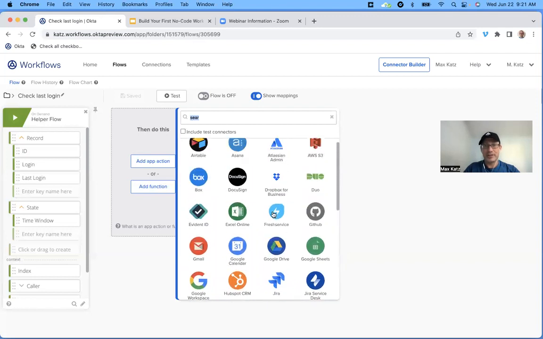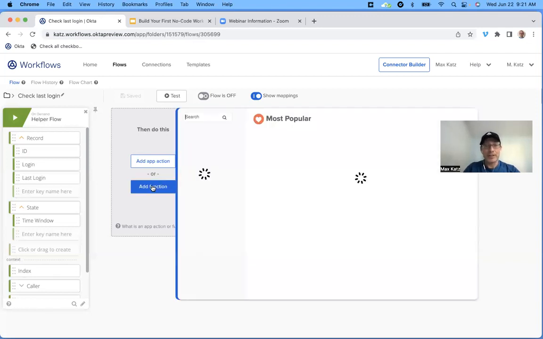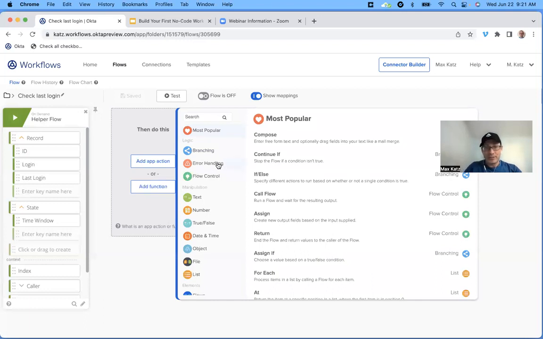You can see there is a list, including Okta. Now, a function allows you to... you can see there are a lot of different functions here, but these are functions that allow you to work with data. So you can create lists, you can create objects, you can work with text, you can work with numbers. You can create if-else statements. You can create kind of a for each. You can work with files. So in a way, it just allows you to really manipulate and create data. Okay. And so the one we want is,